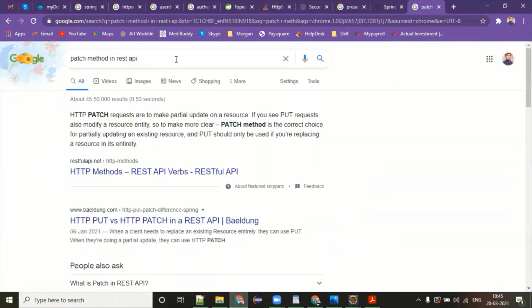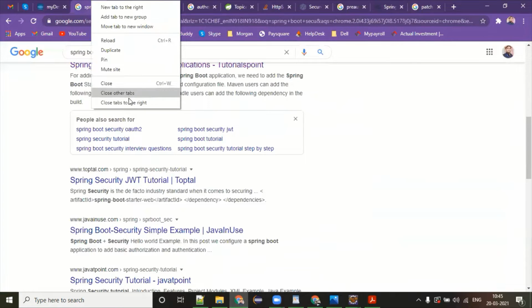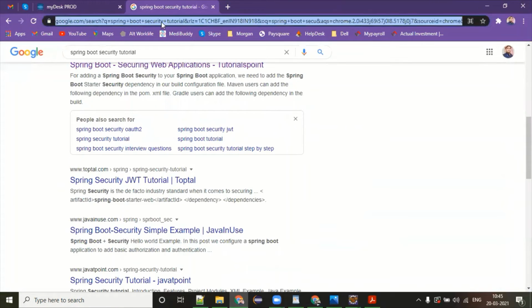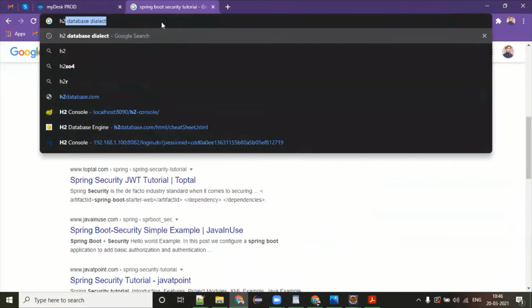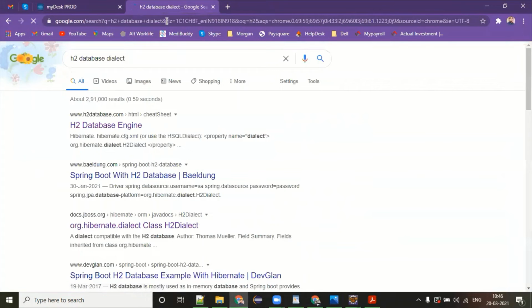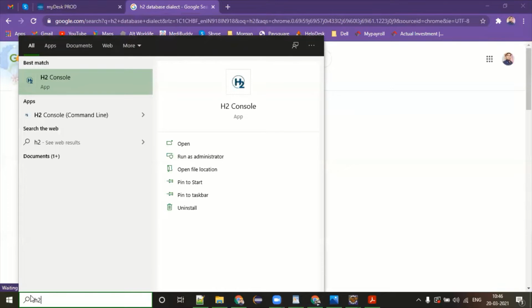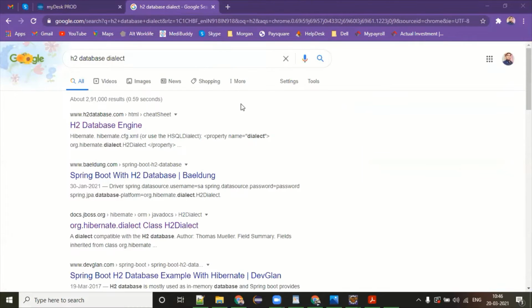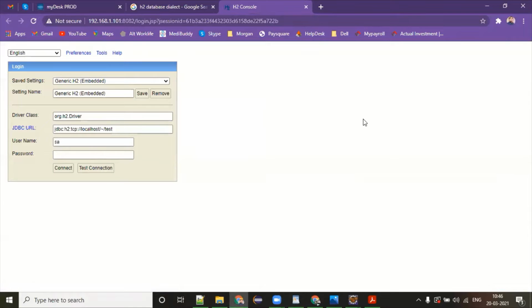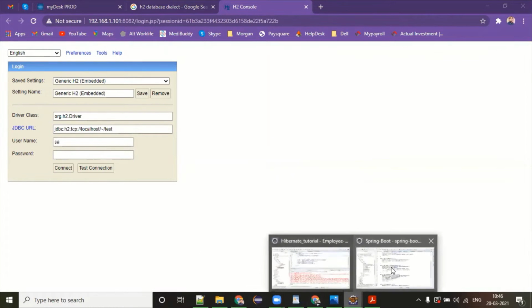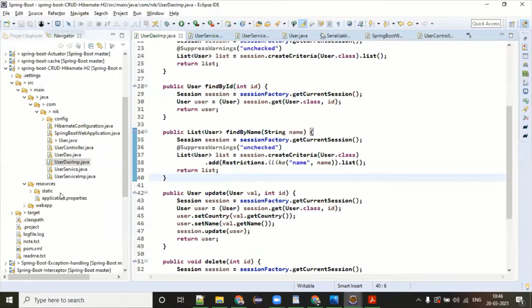But let me check whether I have my H2 database enabled or not. I might not have it. So I have opened the H2 console, and this is the in-memory database.